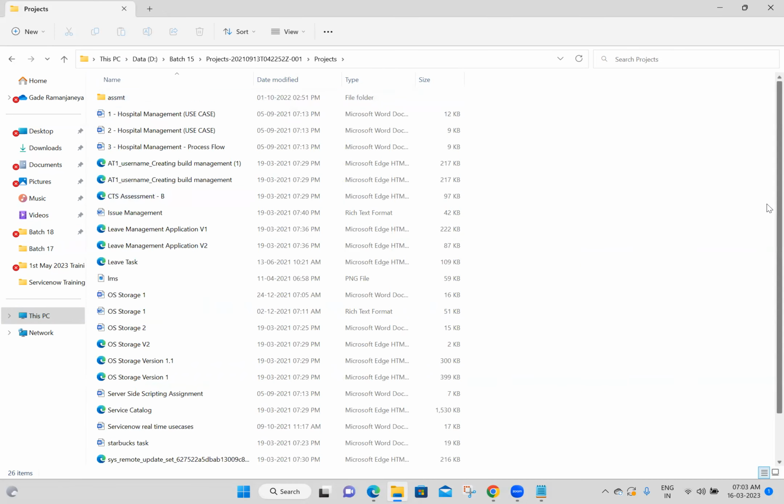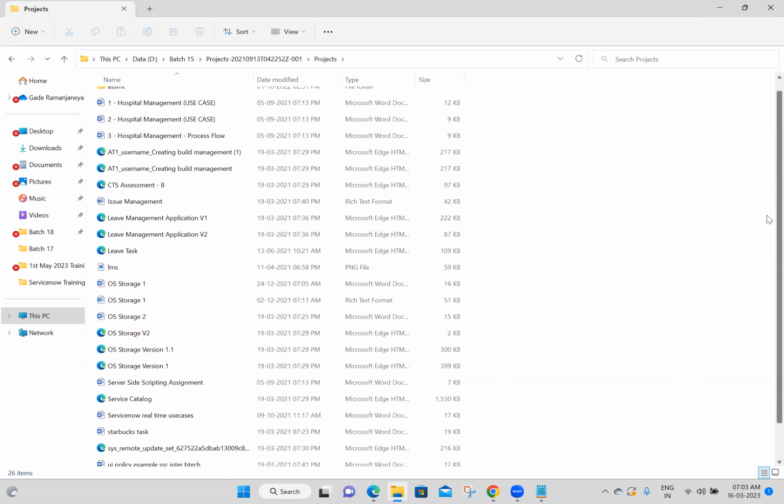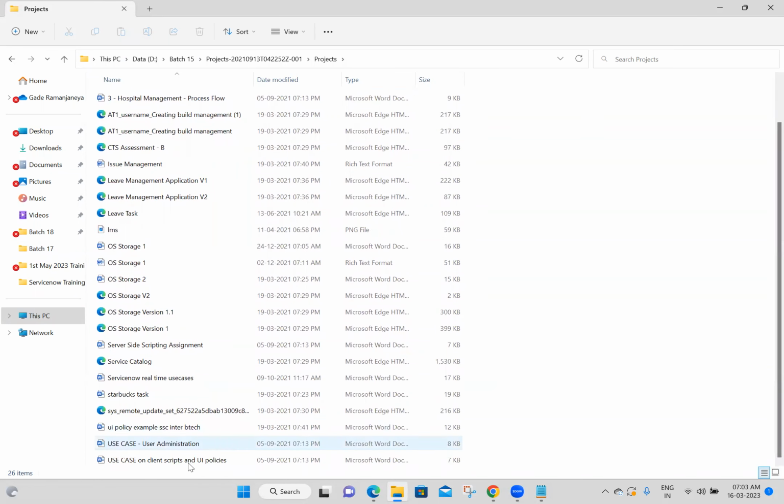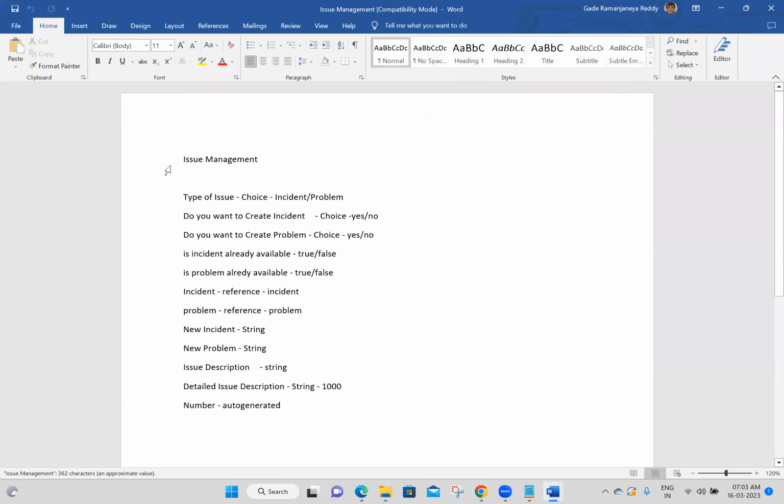So here you can see somewhere you will find issue management system. Anji, it's there. Yes. So guys, first of all, you have to create one update set in your ServiceNow